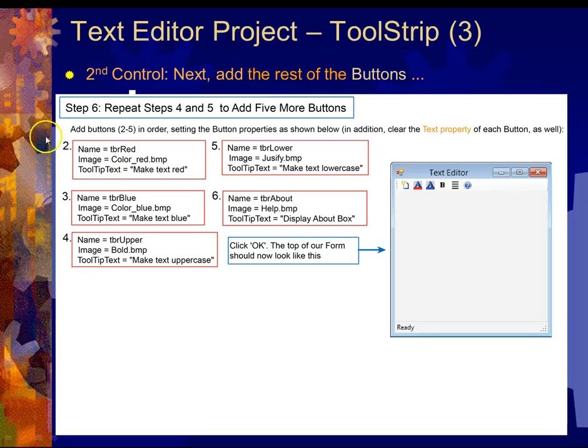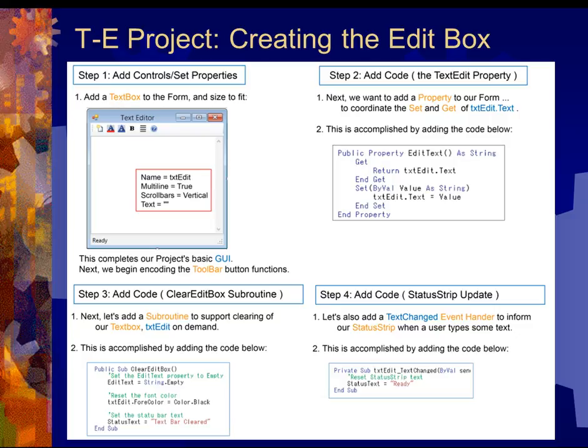And also the other thing is you want to make the tooltip text property. You can also do that. So find the tooltip property and set that to make text red. So the tooltip is like when you put the mouse over the button, you'll see some little tooltip, and it's going to say make text red. Okay, and after you've done that,